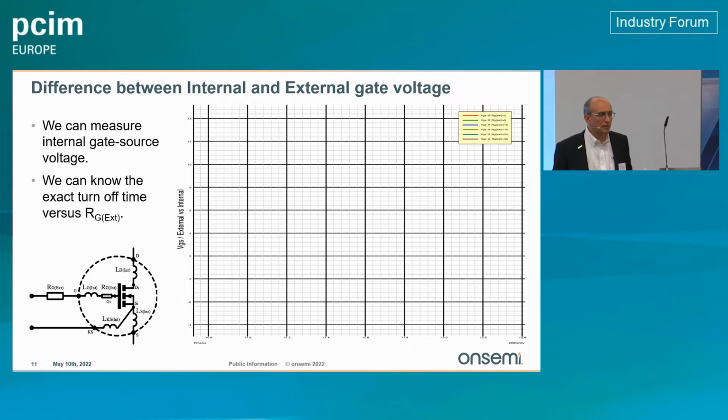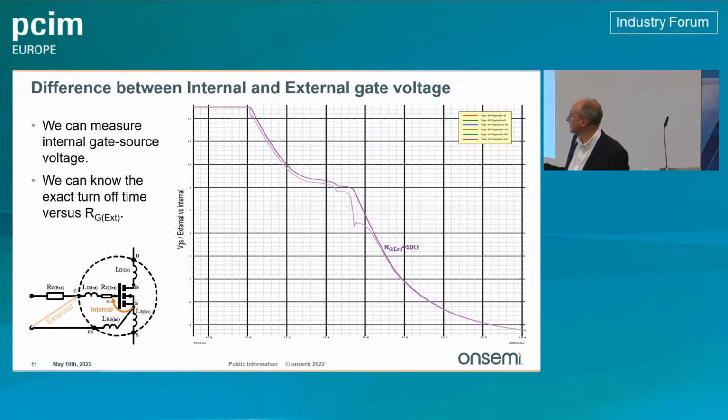One thing we bring with our model on top of that is that you have access to the real die gate value that you cannot measure externally. You have access to an external gate on the package, but not the one on the die. And with our model, we can access this point here. The same with the internal drain, the internal source. I can look at those points now. I don't need a scope or opening the package. I can look inside. So let's run the simulation, and you can see that there's a difference.